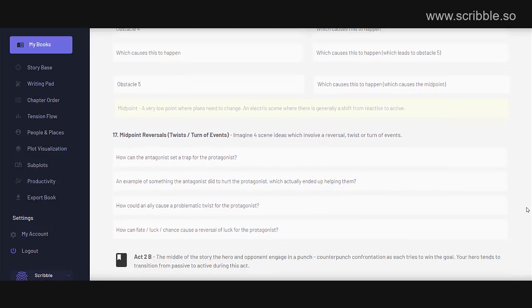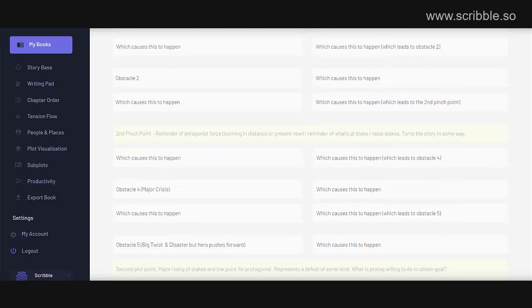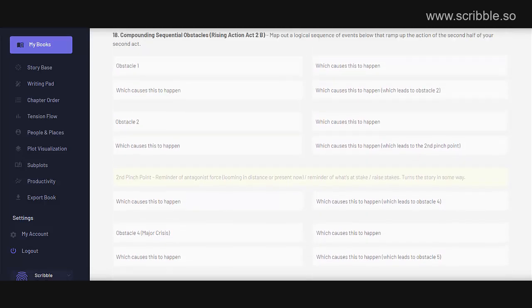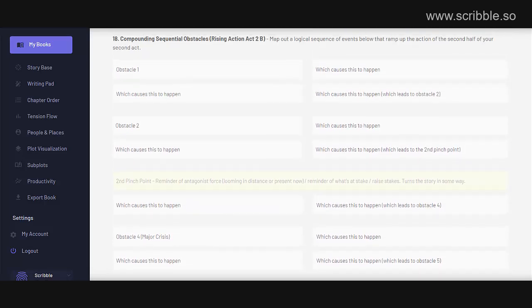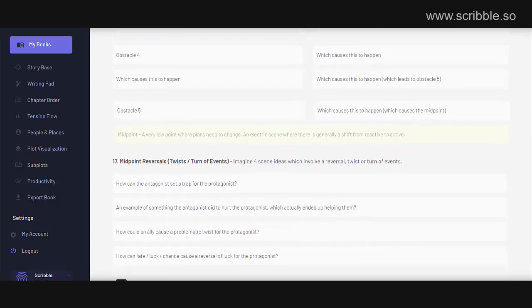Now, remember, this is all just part of your pre-writing work. You don't have to commit to anything here. However, when writing your actual novel, when you get to your second act, if you do get lost, you could always just come back to this worksheet and look over some of the ideas that you came up with during your pre-writing process. Perhaps you got off course somewhere, or maybe by the time you get to your second act, you've rethought your plot structure. That's okay. You can just delete what you had before and enter in new ideas here.